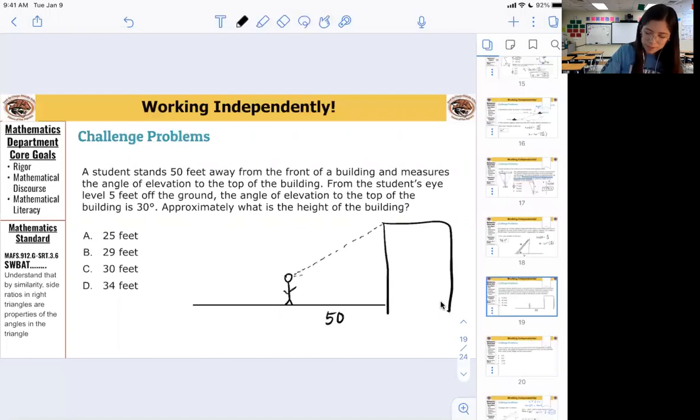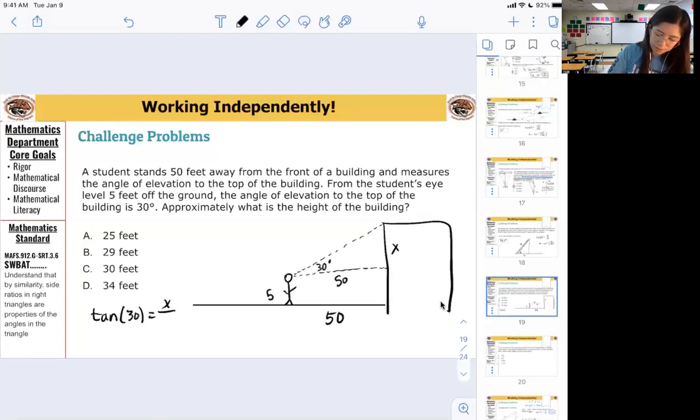The student's eye is 5 feet from the ground and the angle is 30. We're trying to figure out the height of the building. So I know that this is 50. I'm going to look for x. So tangent of 30, sorry,